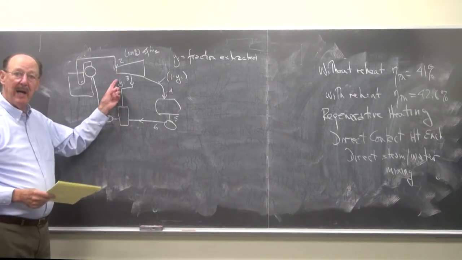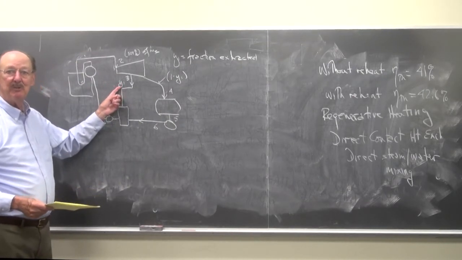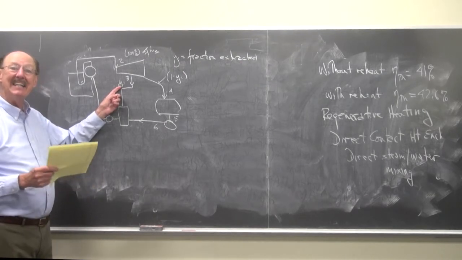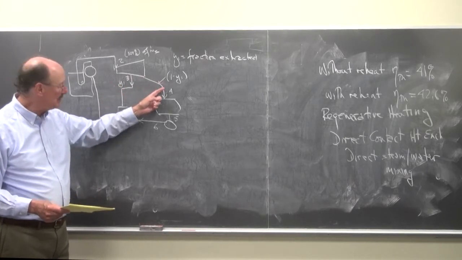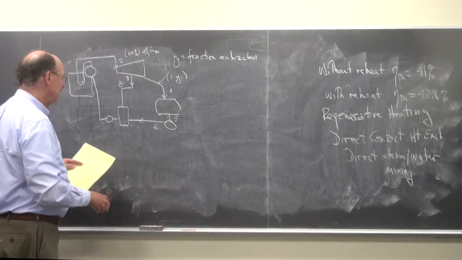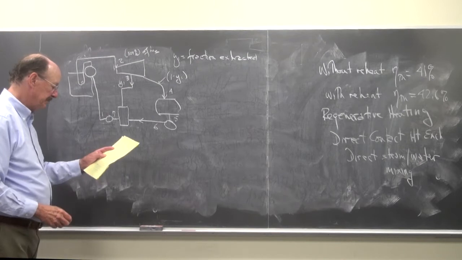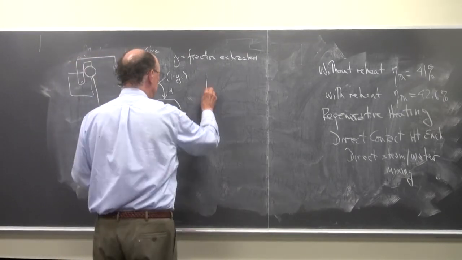I don't want to write down 20%, because if I write it down, then what you're going to do is say Y1 is always 20%. As an example, Y1 is 20%, then 1 minus Y1 is 80%. We're going to have different Y1s. We're going to see how that happens. It comes out of here at state 7, and here we are. And if I draw the TS diagram,